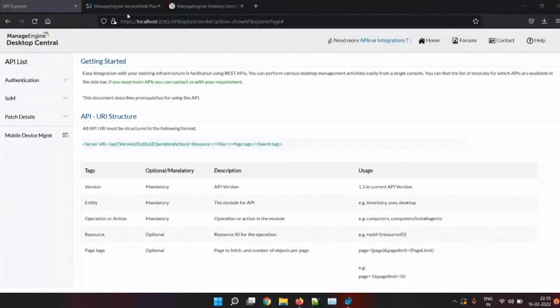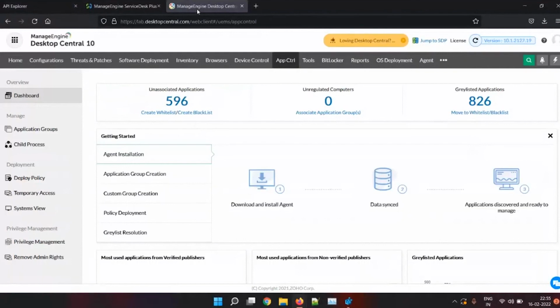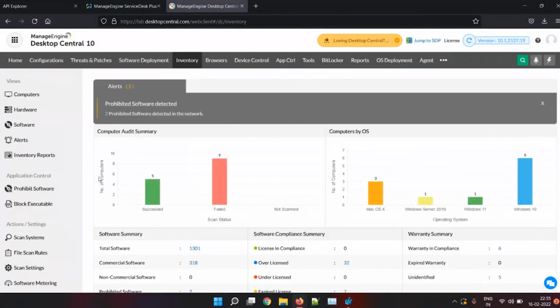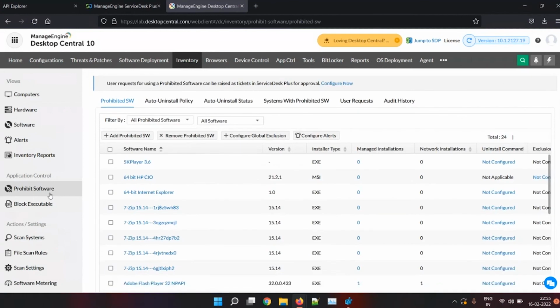So as he was mentioning, prohibit software is available under the inventory section itself. You have the ability to add a rule. When you add this rule, it allows the end user to install the application, but it will be reported back to you, and then it will be automatically uninstalled. During our first session, I was explaining that